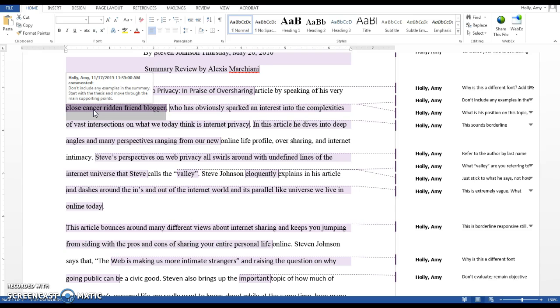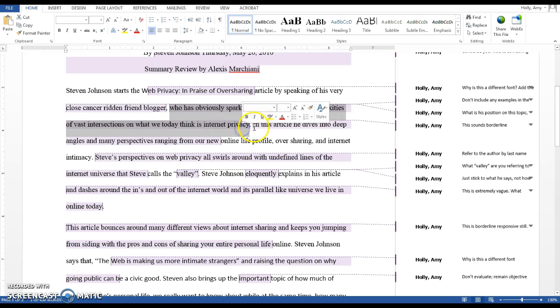So anywhere that I see evidence, I would encourage you to instead focus on what is the point that the writer is trying to prove with the evidence and how can you sum that up in your own words, as opposed to giving us the factual evidence itself. So I would cut this out in general because it's too specific, but also because it's interrupting the momentum of your summary in terms of getting right into the thesis.